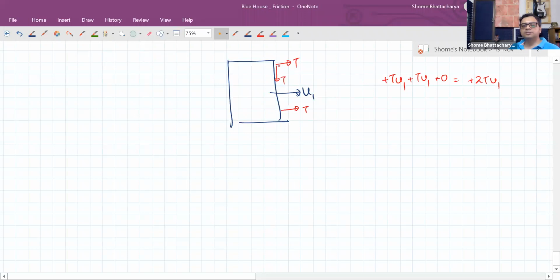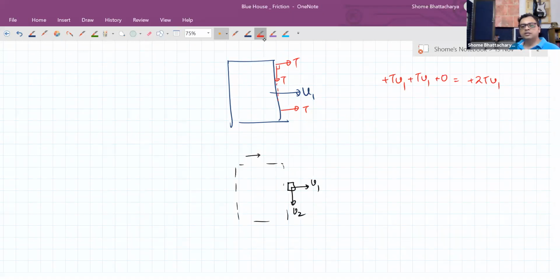Now, why? Because this one is perpendicular to the velocity. You can see this line is perpendicular. That's done. Now, as far as the block is concerned, the block is sitting here on the wedge. With respect to the wedge, it is having a downward velocity v2, but the wedge itself is moving with v1, so it also has a horizontal component of v1. And there is